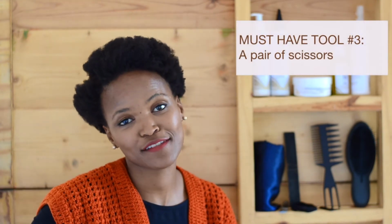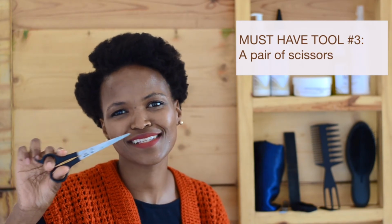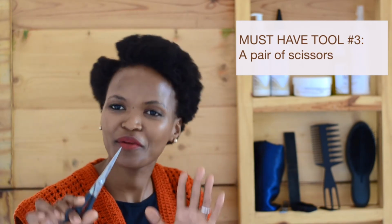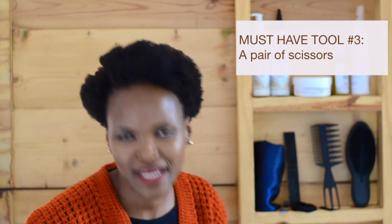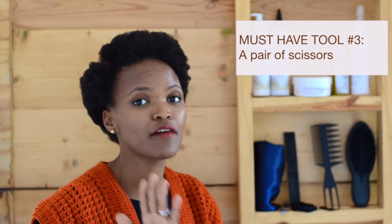The next must-have is a pair of scissors. I know many ladies hate seeing scissors next to their hair. Don't worry. You're not trimming every time you touch your hair. That's not what we're doing here. Trimming is important. You want to avoid split ends,